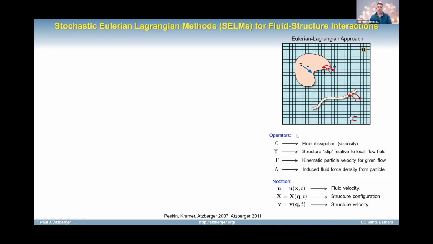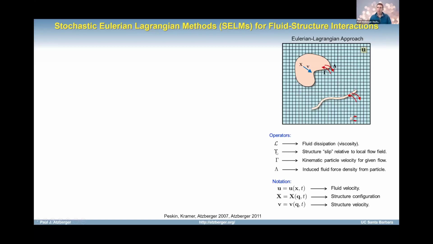Okay, and then there's a few ways that I've abstracted things a little bit just to show the way that these interrelate. I'll be denoting the divergence of the Newtonian stress by this fancy L. But you could use this framework for other constitutive laws as well. This is just going to be whatever the dissipative operator is associated with the fluid. But typically that'll just be mu times the Laplacian of U.